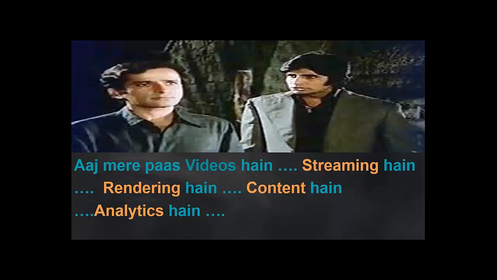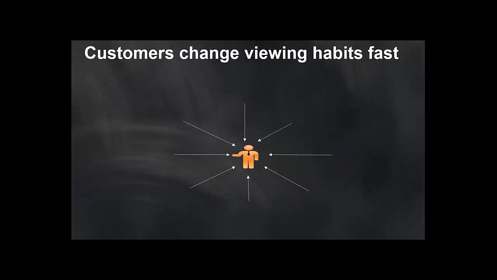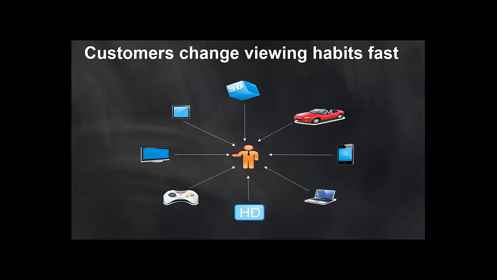And they're innovating to an extent where they're really adapting to the needs of individuals, and so much so that if you as a media player don't have what it takes to be in the digital space, this famous dialogue from the movie Deewar is probably what competition might tell you, right? Because we're obviously seeing worldwide adoption in this space in very innovative ways. The likes of Netflix and others really change the way the movie industry works, and they're really disrupting this space because there's just so much